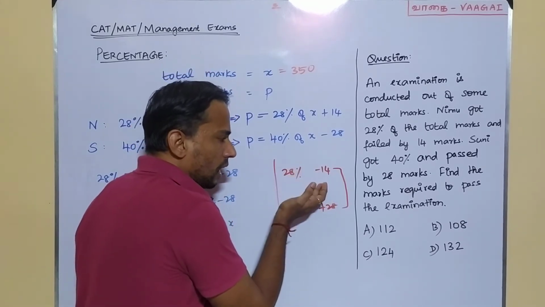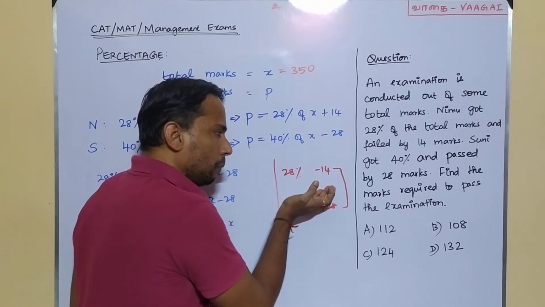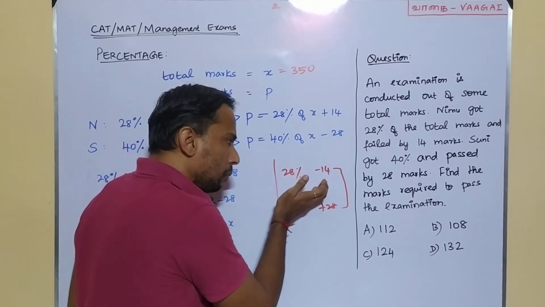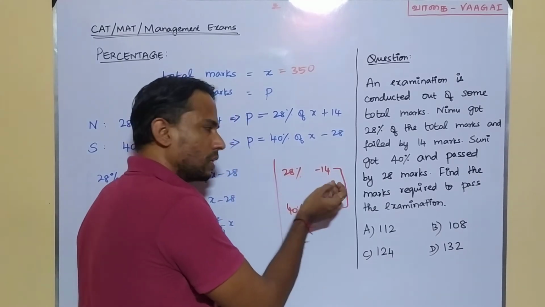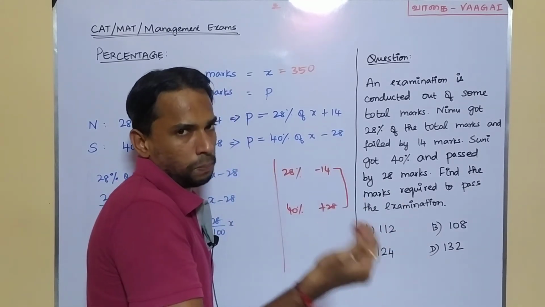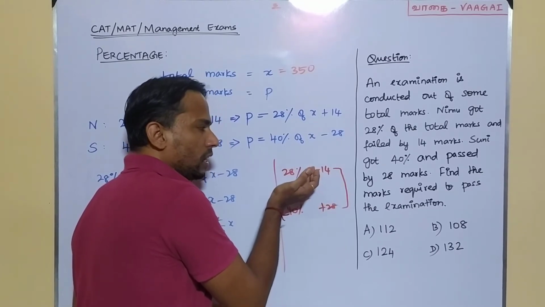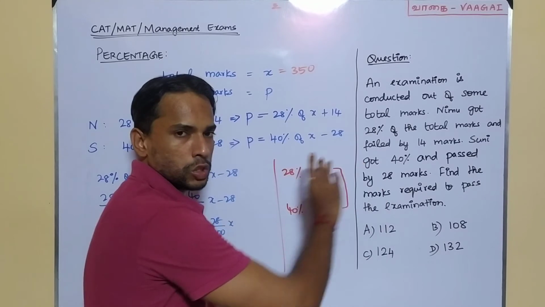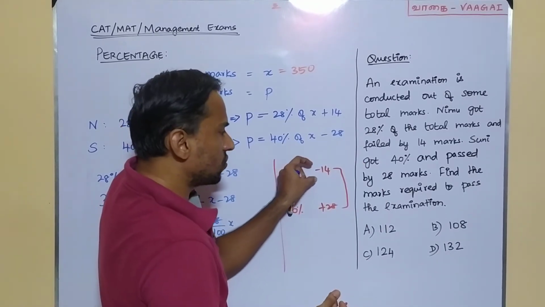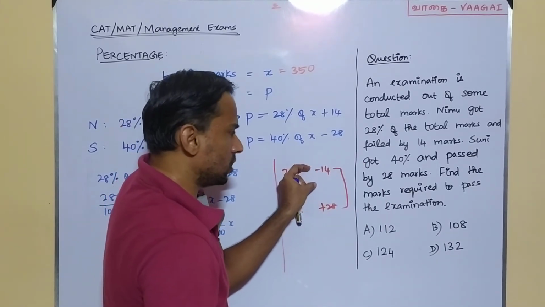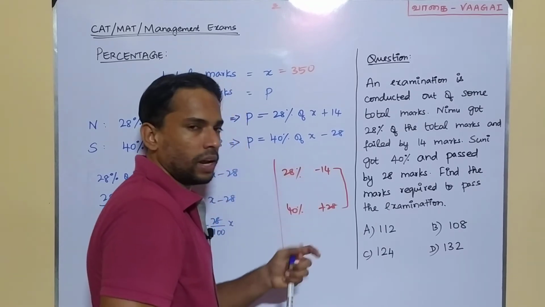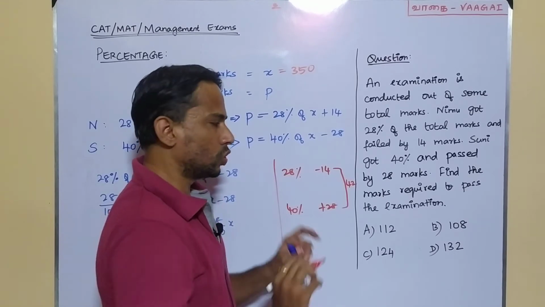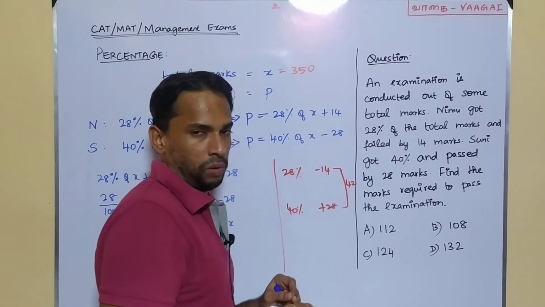If one number is 14 lesser than this middle value, and the other number is 28 more than this middle value, there's some middle value there. That middle value for us is the pass mark. So if one number is 14 less than this, the other one is 28 more than this. If I want to check the gap between these two numbers, what should I do? This gap is 14 and this gap is 28, I can add these two numbers. So this will give me 42 marks. So marks wise, they have got a gap of 42 marks.